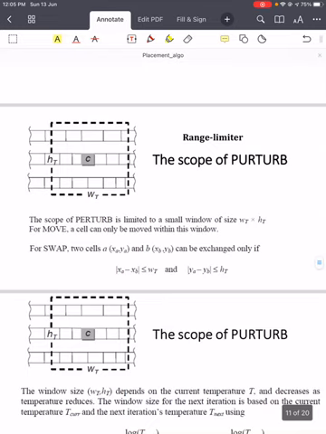Now another important feature of TimberWolf is the range limiter function, which modulates the scope of the part of function. Let's see what this is. This action, the modulation of the scope of the part of function, is also motivated